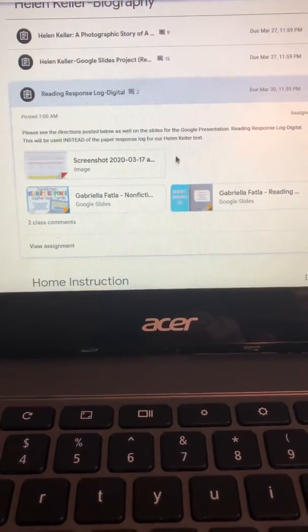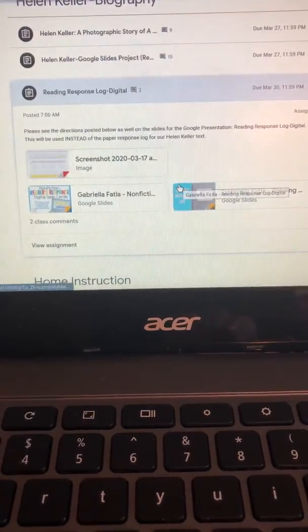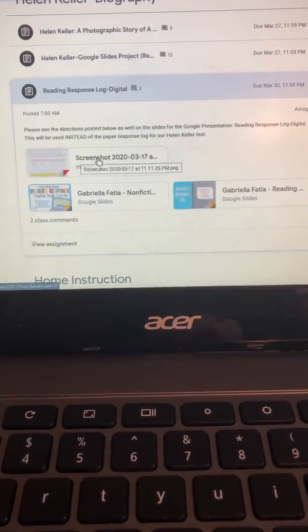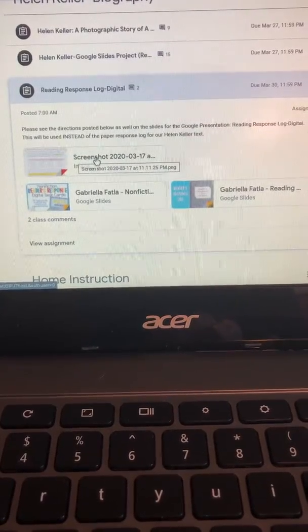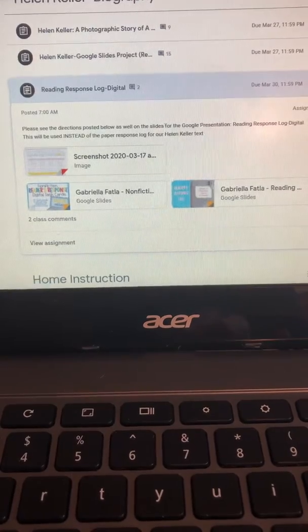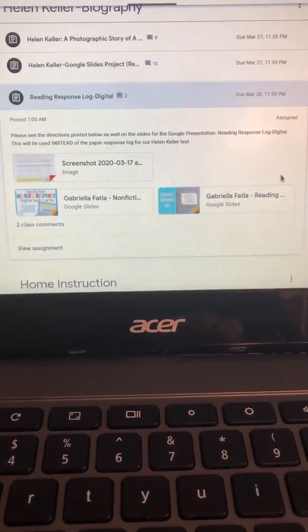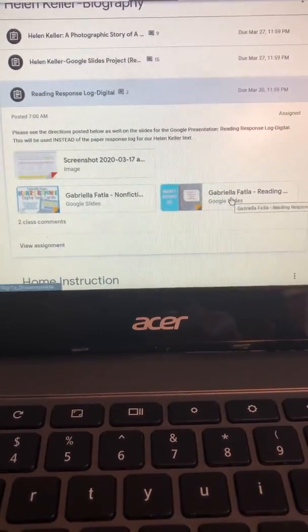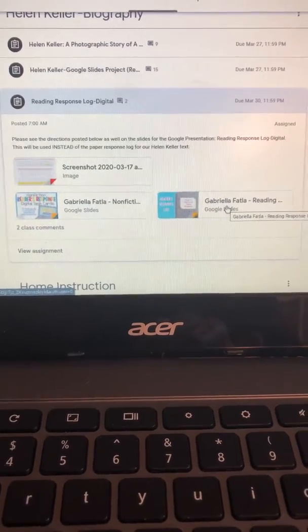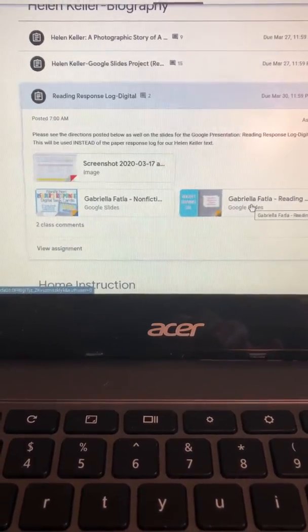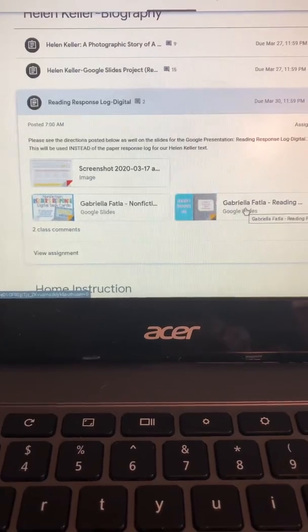On your classwork part, you should see two things. This, if you open it up, will be directions on how to use the log. They're also inside this presentation. The idea is this presentation right here is going to be your digital response log. But instead of just having blank responses, this